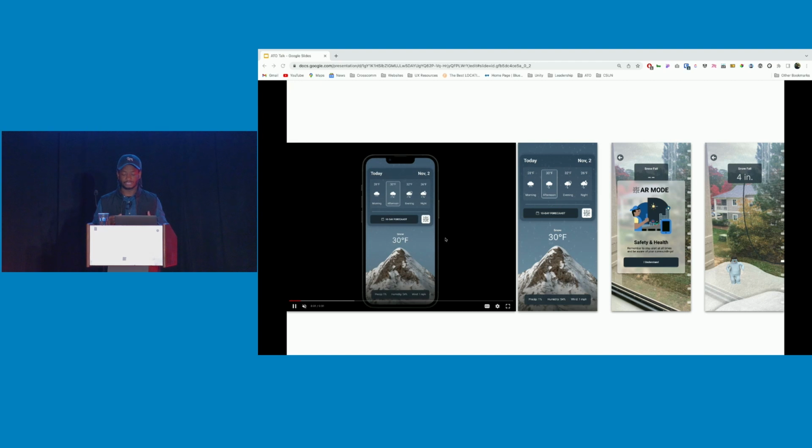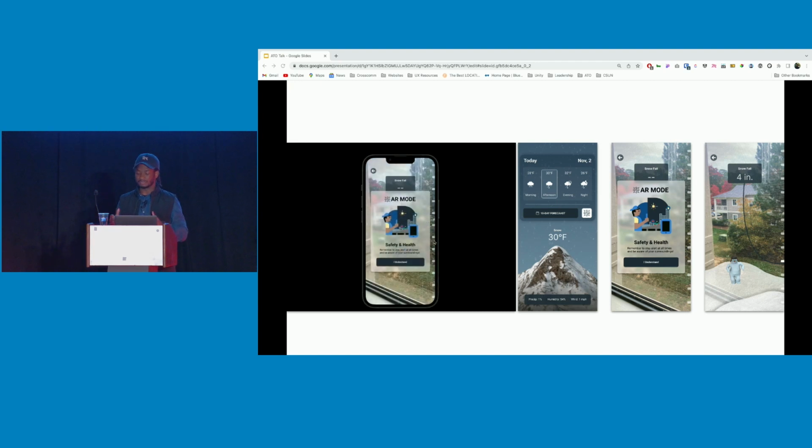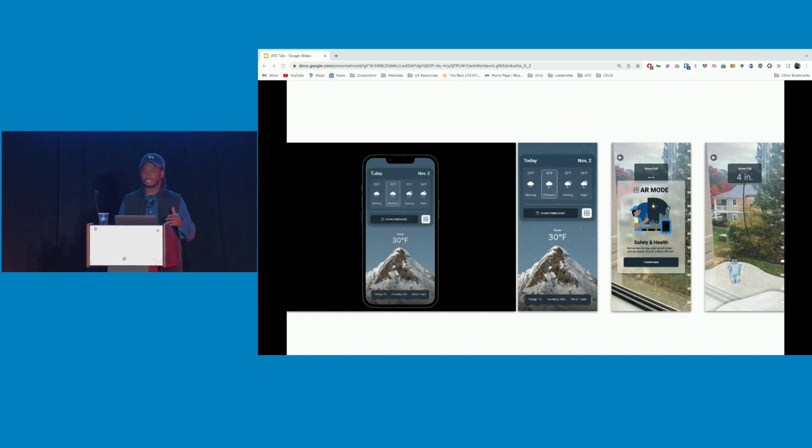Now, in the future, I believe we will need designers that are not just web or mobile designers, but people who are able to navigate from one medium to another. The protocols that we adapt and establish today will set the tone for the future. So in this example here, I mocked up a nice little fun weather app in Figma. So this doesn't exist or anything like that. But I just wanted to show how easily AR will be integrated into our future technologies, and even VR for that matter. In this case, you have a nice little weather app, and then when you press AR mode,